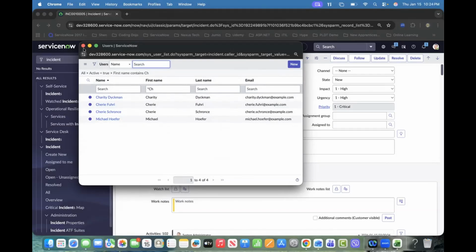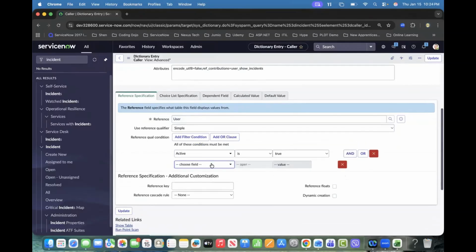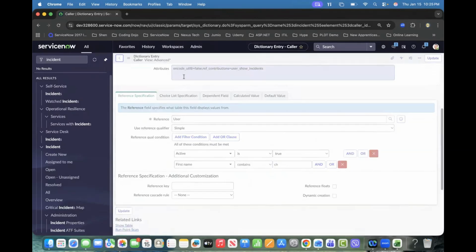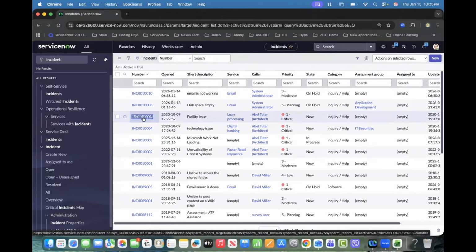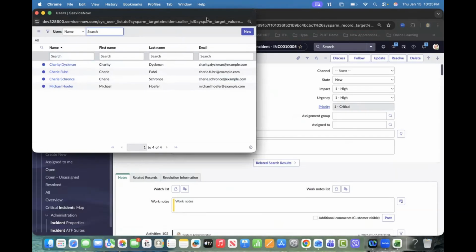And now let us apply that filter inside the reference qualifier, which is simple, by drilling down to configure your dictionary. And let's add that filter here. And let's say first name, let's type it correctly, contains CH. And now let us make sure that this is saved correctly. And let us go back to the main form and prove that concept, that it should show the same amount of records that we filtered earlier. So now you can see that's the simple approach